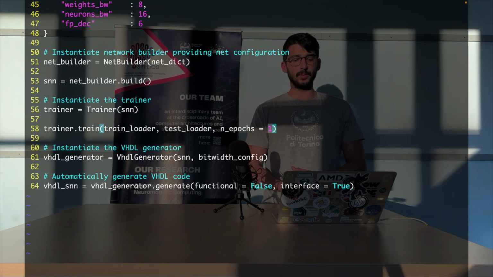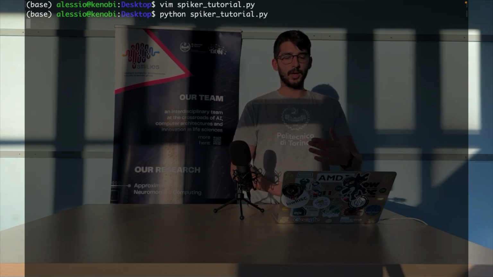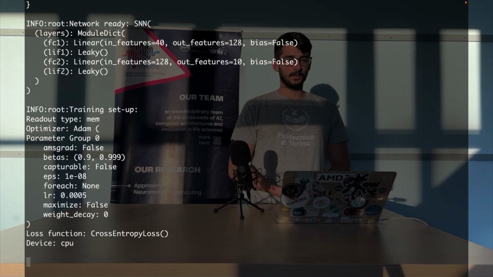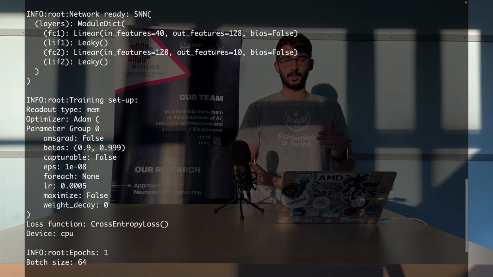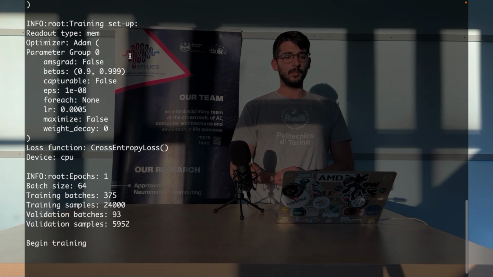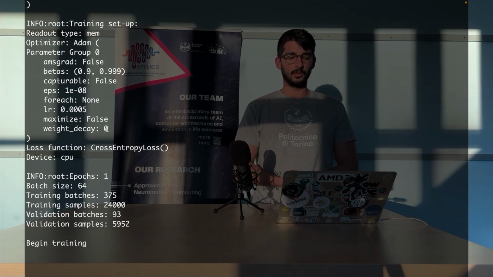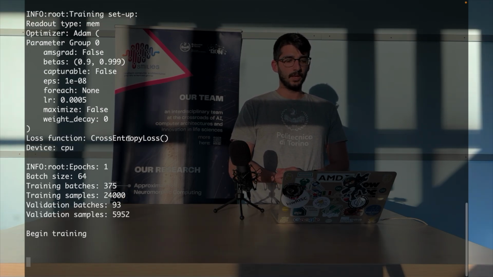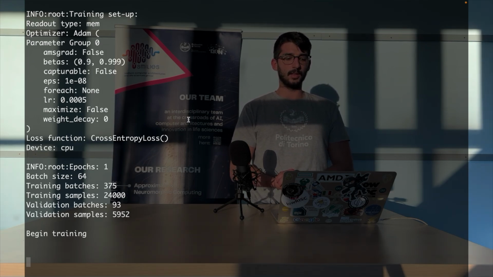If we run the code, we'll see that the trainer will print some information about the training. In particular, together with the network that we specify, there is another set of parameters that we can select, and it will be initialized as a default. So you see the Adam as an optimizer, a loss function that is the cross-entropy loss, and the number of epochs that we specified, the batch size that we decided, and then it prints a recap about the input data,